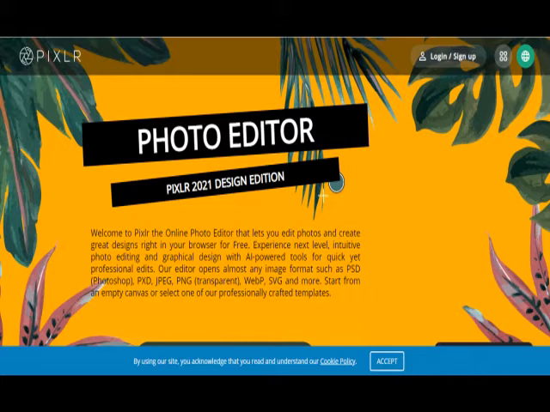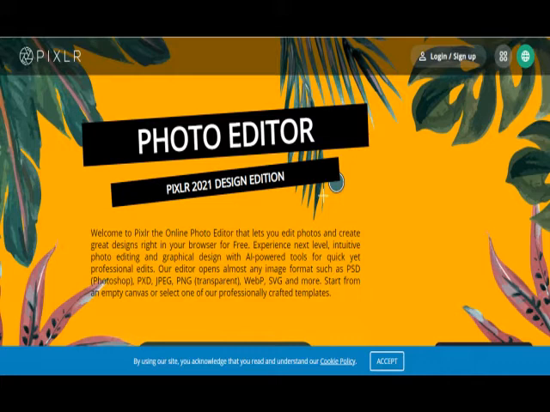If you do not have Adobe Photoshop downloaded on your system, then you can edit images online through this tool. No doubt Adobe Photoshop is one of the best image editing softwares, but if you do not have it, then you can make use of Pixlr.